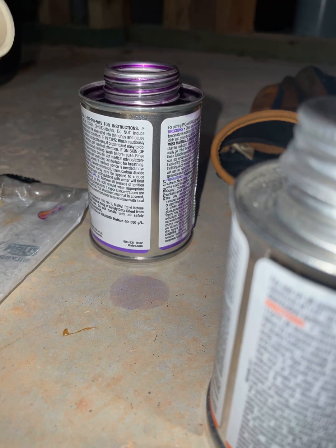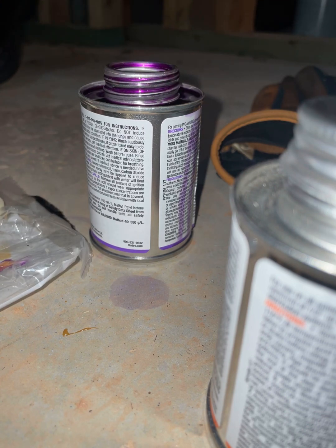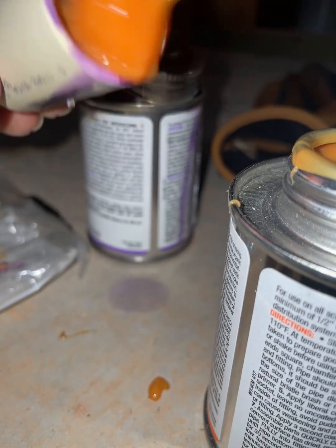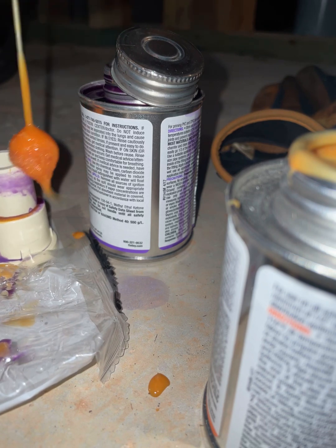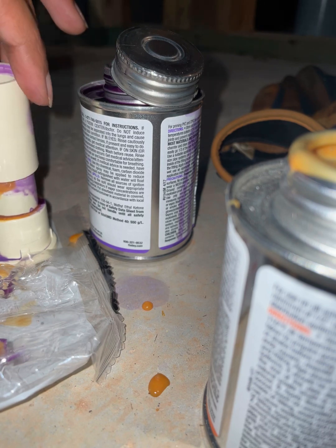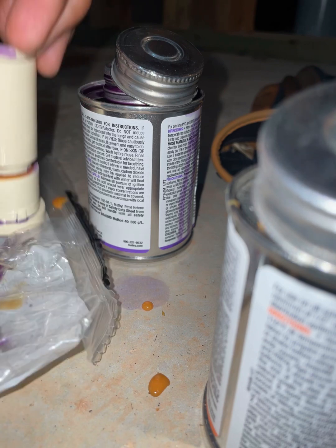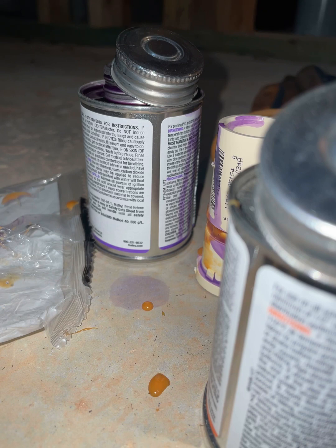Okay, so prime this side. Prime this side. Glue. Sticky glue. I don't know if you can see sticky glue over here too. Okay. Then we're going blue boop. Okay. So we're gonna sit this right here and let this get what it needs to do. And then